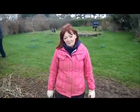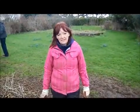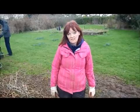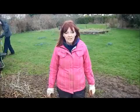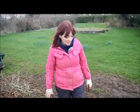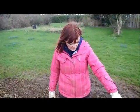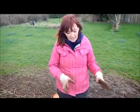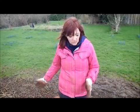Right, we're here today at Rosewarne College, and what we are doing is replacing an Escallonia hedge with some native trees that were planted here last year. They're known as whips because they're still very young. We've got one here in the pot. Basically, we had to remove the whips from where they were originally planted. We placed them into a pot to make sure that their roots didn't dry out, and transported them over to